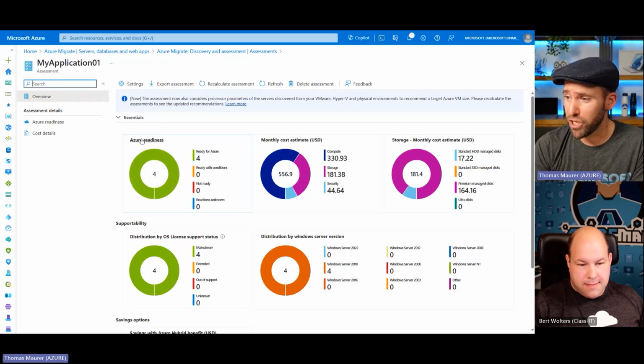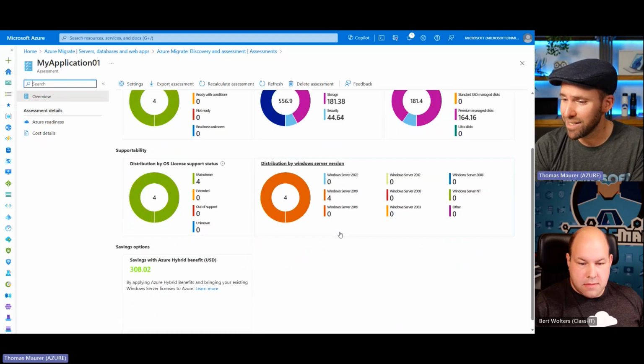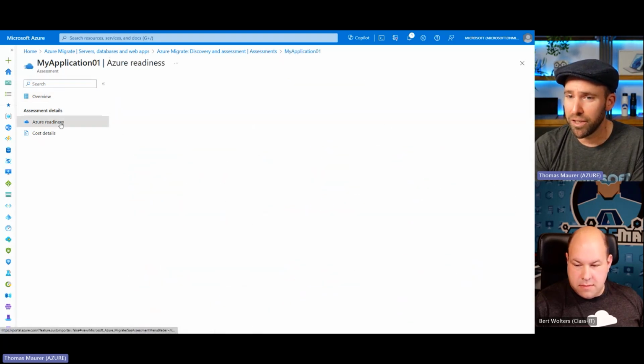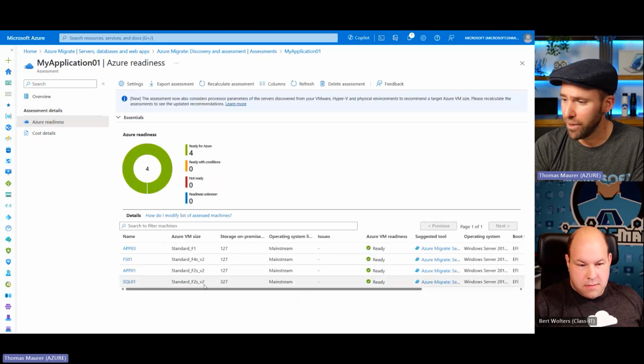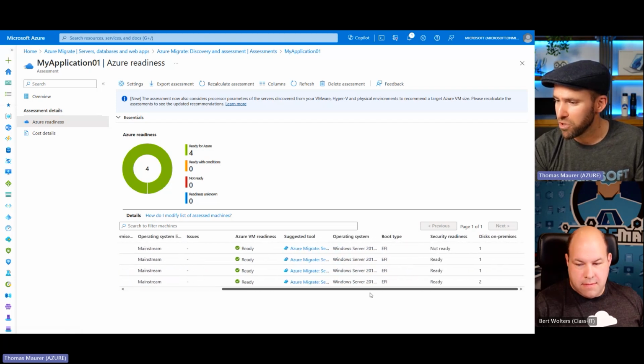You can see here your Azure readiness. You get some monthly cost estimation. You can see here you're breaking down to storage cost, to licenses and so on. And if you go to the details here, you will see here what we actually looked at. You will find all the servers here in this, and you can say, okay, hey, this one looks all green,